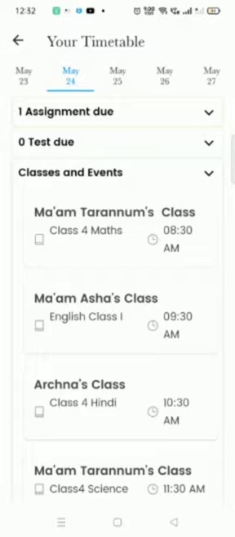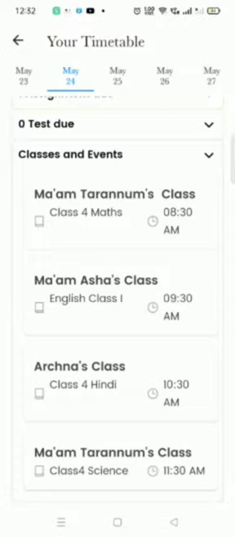If it is Monday, you will get all the classes and the events, like the 4 classes' names, the timing, and the teacher's name over here. So it is very easy for you to join the class and to know the time when the class will start. And you don't have to type the ID, nothing you have to do. You simply have to click the class.